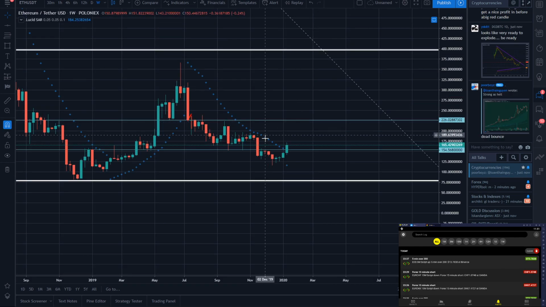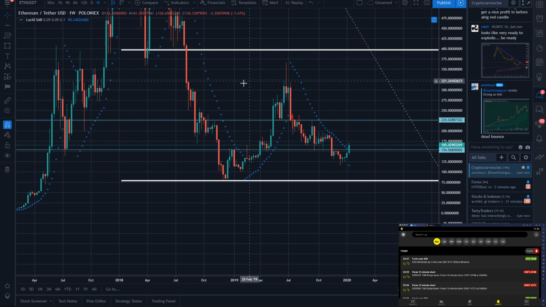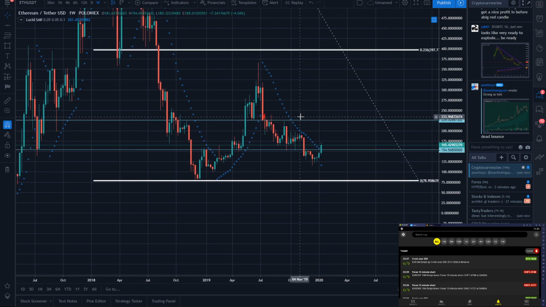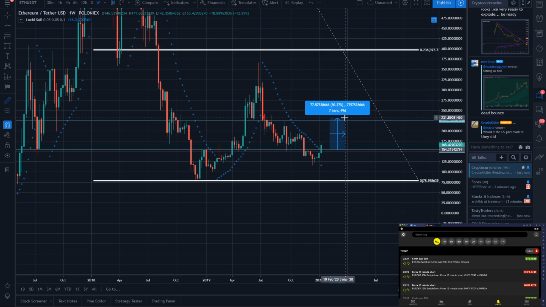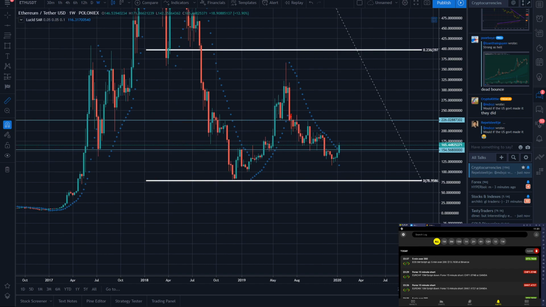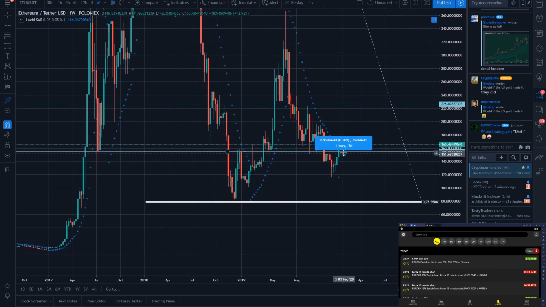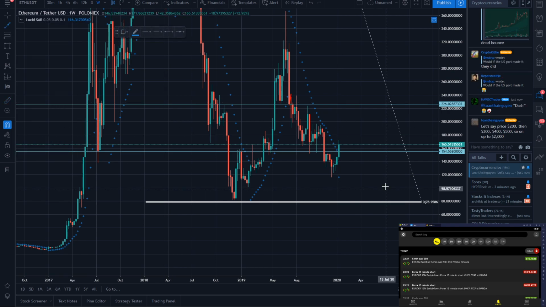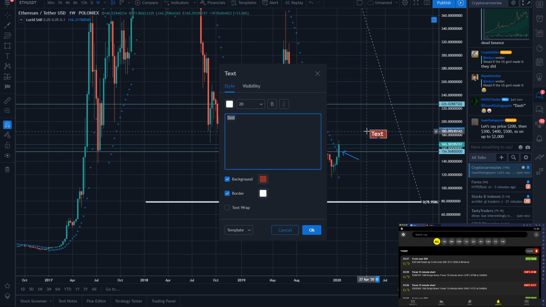So yeah, we have a SAR bullish, and if you take this trade, your target on the weekly is right there, and your stop loss is probably this low. But if you want to be secure, let's close the weekly, and if the weekly closes above this high, let's put an arrow here and the text, let's say, needs to hold 1540,